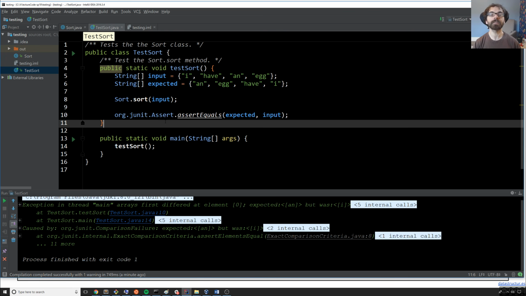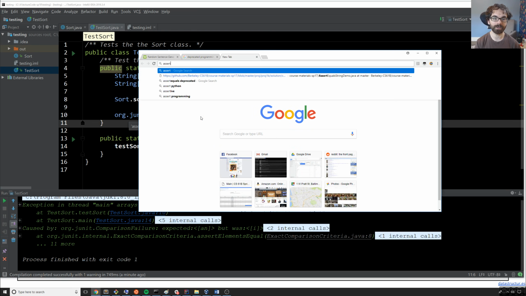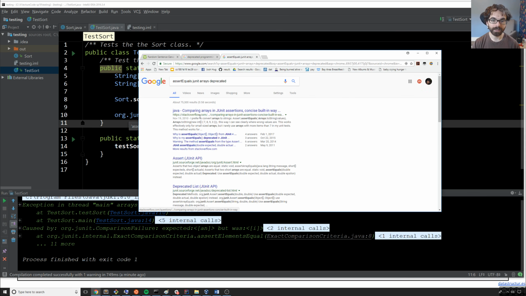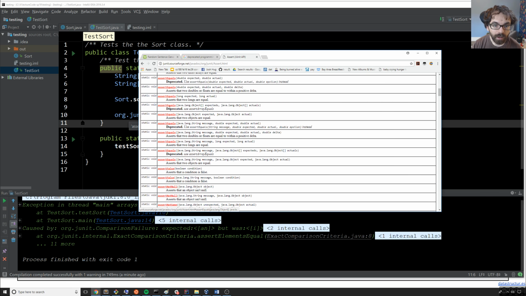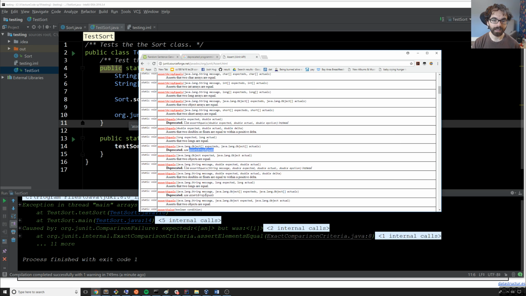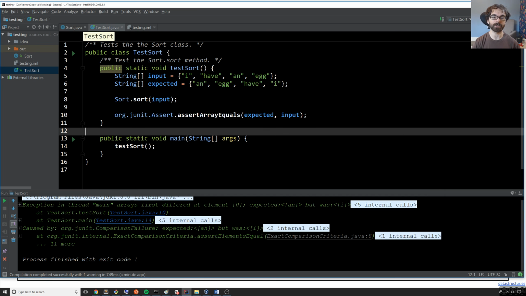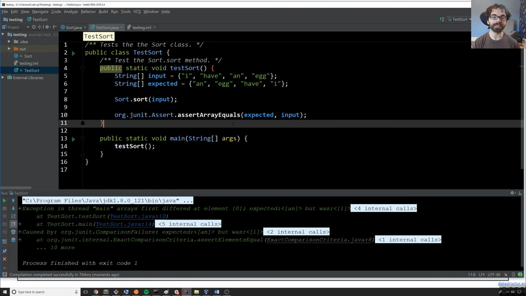So in other words, at some point way back in the development of the JUnit library, they created a method called assertEquals that takes two arrays of objects. And then later they decided they didn't like that anymore. And so we could, let's say, search for assertEquals JUnit arrays deprecated, figure out what's going on here, okay? So we go here, we can see assertEquals object, deprecated, use assertArrayEquals. Okay, good, someone made some nice documentation, and they're saying that really you should be saying assertArrayEquals. Now if I run my code, I see that it does seemingly the exact same thing, and